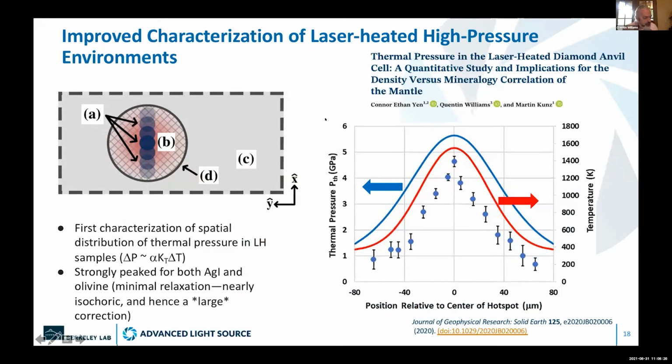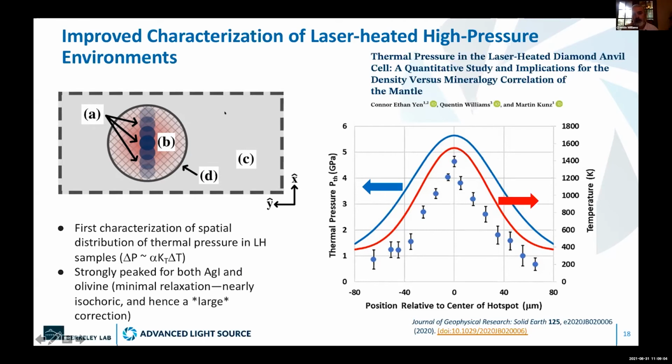We've done a decent amount on improving the characterization of laser heated high pressure environments. One novel study done recently was to basically take a laser heated sample and translate the whole thing, sample and laser heated spot, relative to the X-ray beam. This is illustrated on the left here, where we're doing X-ray diffraction across the temperature gradient associated with the X-ray beam. What we're looking for here is to make a physical measurement of what thermal pressure